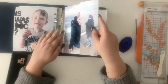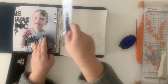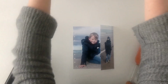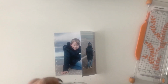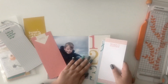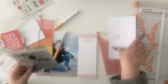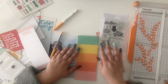and also, usually when I'm working on a new page, I just eyeball and punch without any help. So next up, I'm getting out the Action Story Kit by Ali Edwards, and I started writing my journaling on that pink piece of paper that you can see there, but I wasn't too happy with that, so I changed my mind